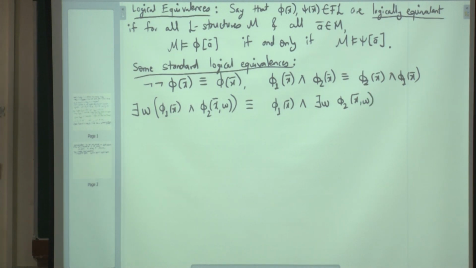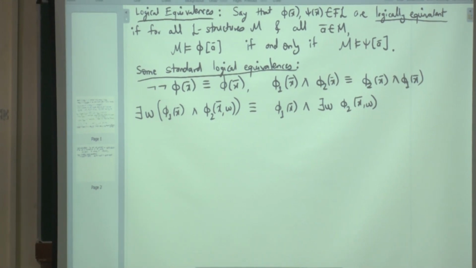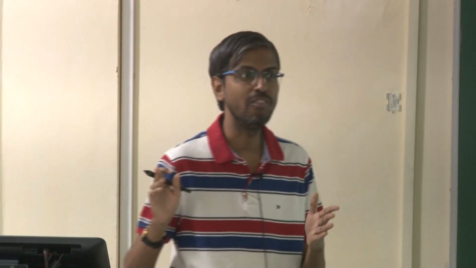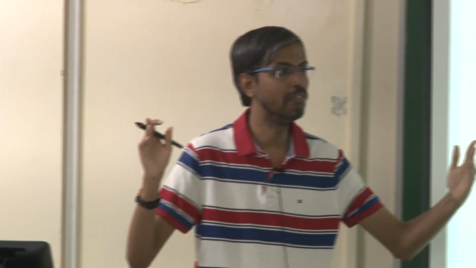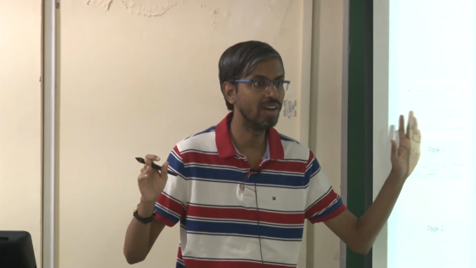Okay, what this allows us is that if a particular bound variable doesn't appear somewhere, then we can move it around. While we are writing this, I also want to point out something. In this particular formula, on the right hand side, what is the scope of the quantifier? Just phi 2. Yeah, even though I haven't defined it precisely, you can understand what scope is. The quantifier doesn't have to extend to everything. That is what this logical equivalence says.